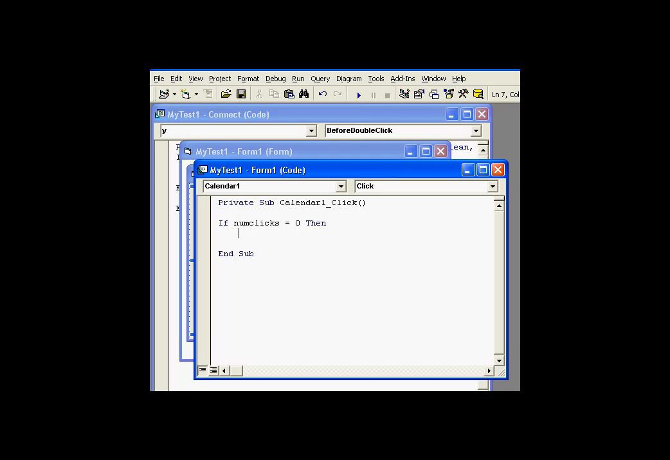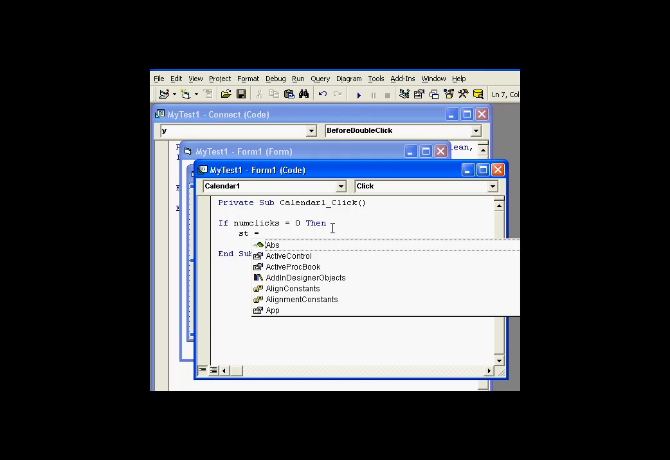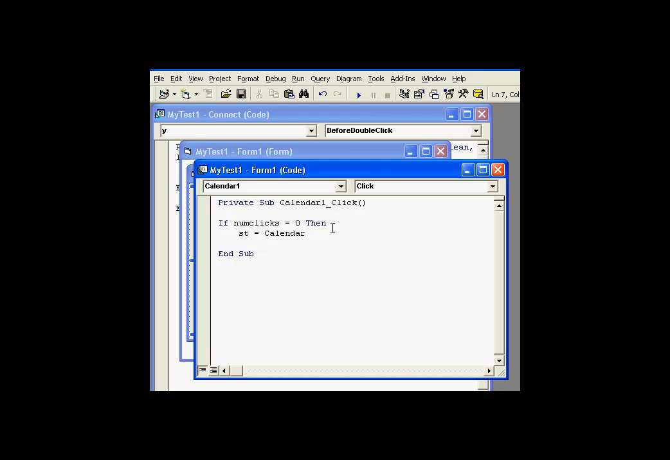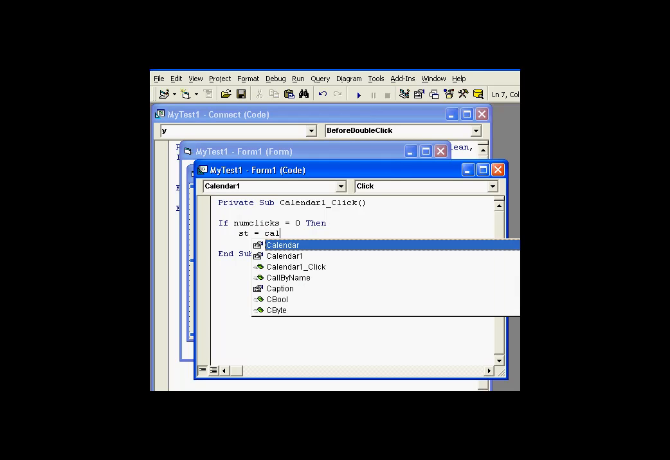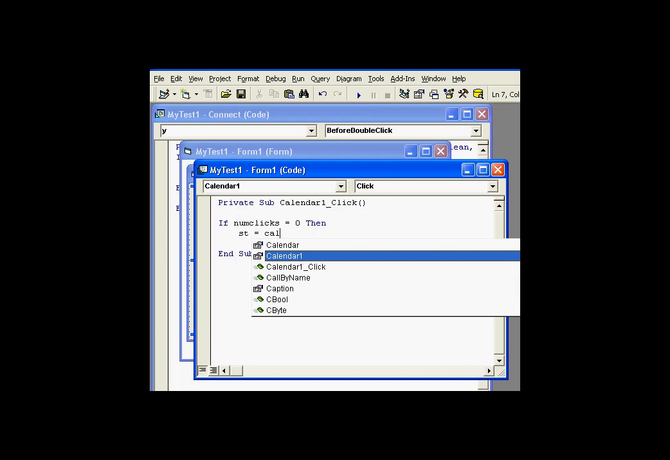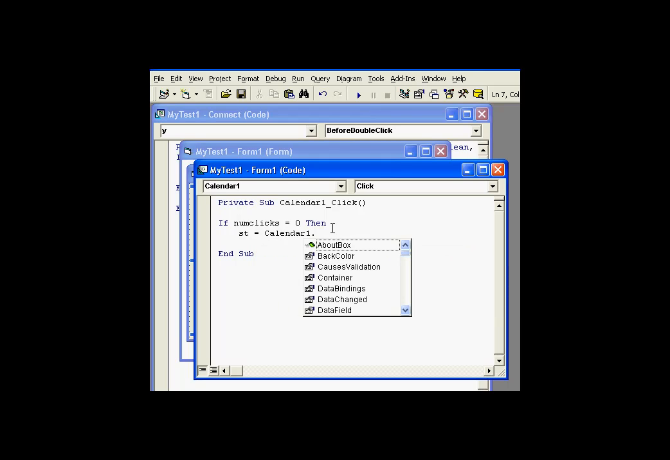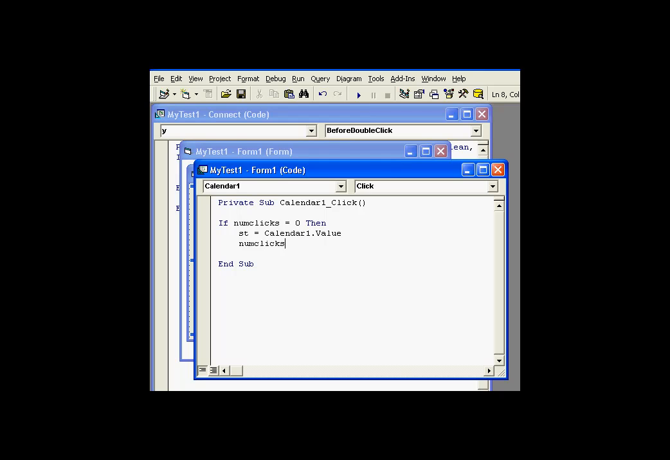then we're going to say, okay, let's stuff the start time variable. st is equal to, I'll do a Control J to bring up a list of the objects. There's calendar. Let's see, is that the right object? Calendar, does it have a value? No, that's not the right object. Do a Control J. It's not calendar property, it's the calendar1 object, and we'll look at the value of that. So the st is going to be equal to the value of that calendar,